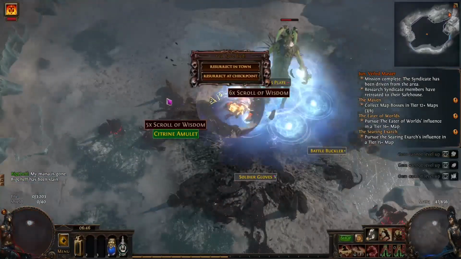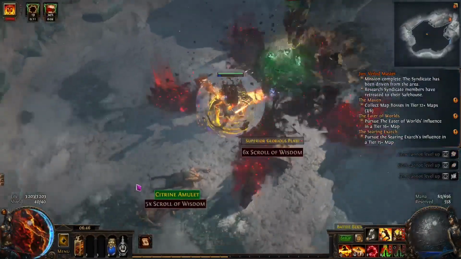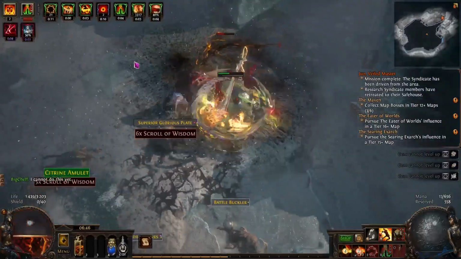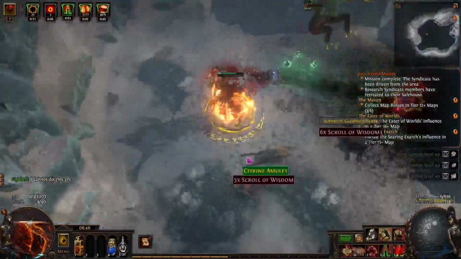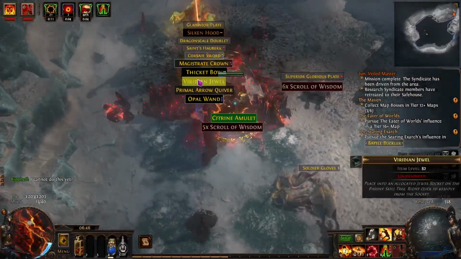So you can see how much damage I'm taking. I can see like a 67% reduction without the aura. But the thing is with armor, the stronger the hit, the more damage you take. And you can see that this enemy is absolutely demolishing me. So yeah,